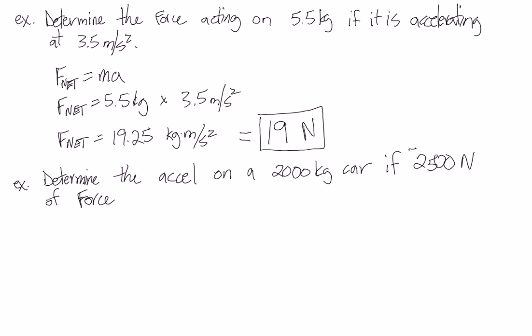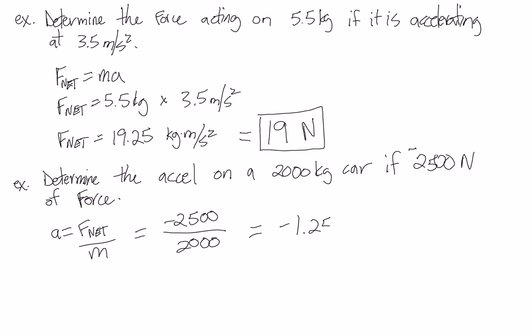So we'll just say 2,500 newtons of force. Actually, let's even call it negative. So that means in this case we're going to be hitting the brakes. Okay? So in this case we want acceleration. So we'll just use acceleration equals force divided by mass. So that'll be negative 2,500 divided by 2,000. So an easy calculation, and we get